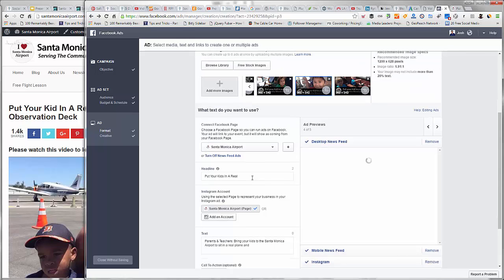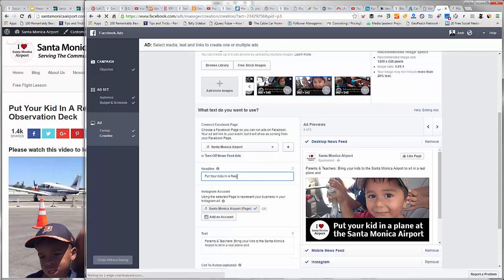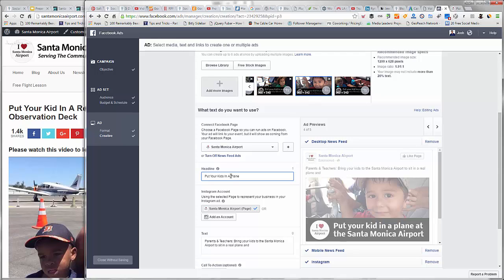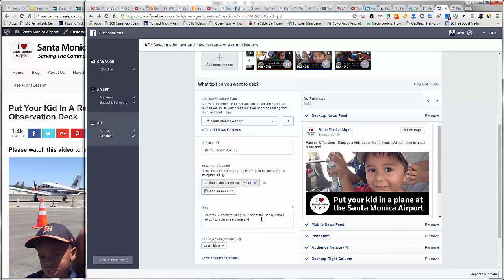Put your kids in a plane! I'm not sure if you're allowed to do that. Put your kid in a plane. Or sit in a plane with a pilot. We could do that again as well. Parents and teachers, bring your kids to the Santa Monica Airport to sit in a real plane. And